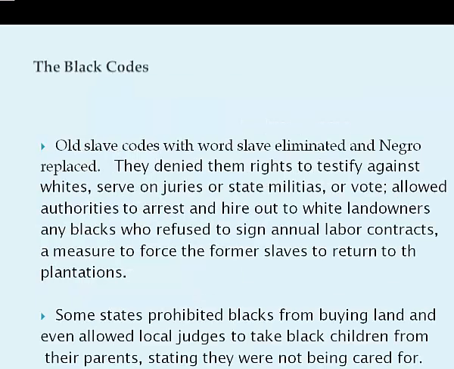The problem was, when he became president, Congress was not in session. He became president in April. And in May of 1865, he started to release proclamations that inaugurated a period that historians now call Presidential Reconstruction,